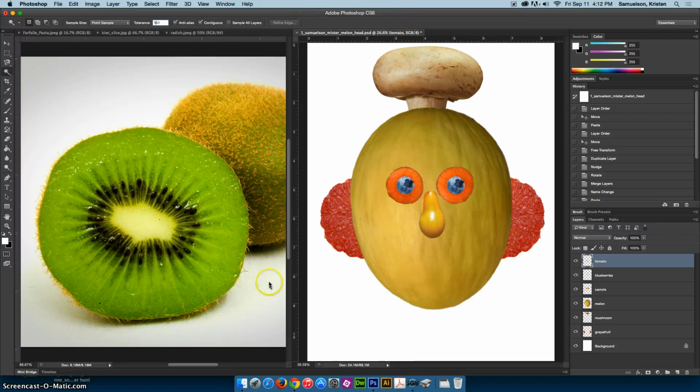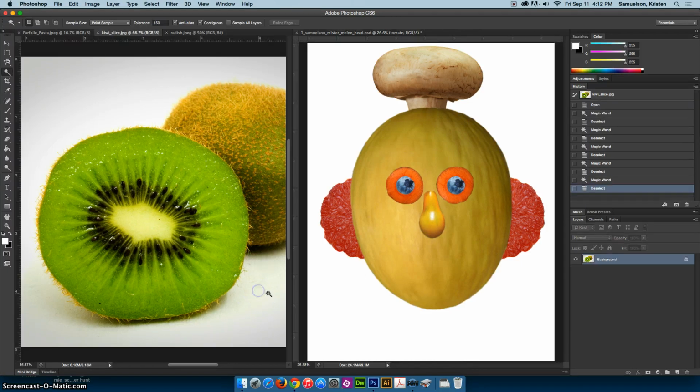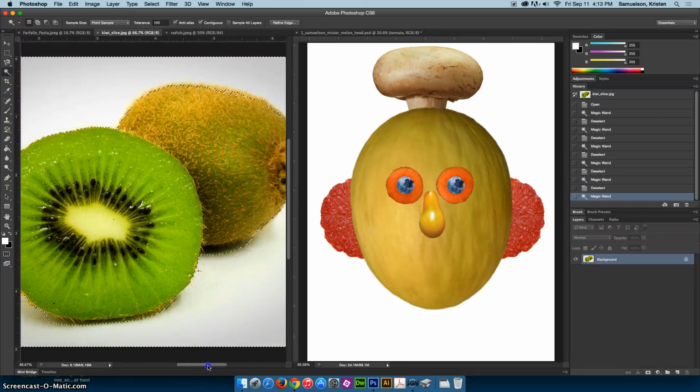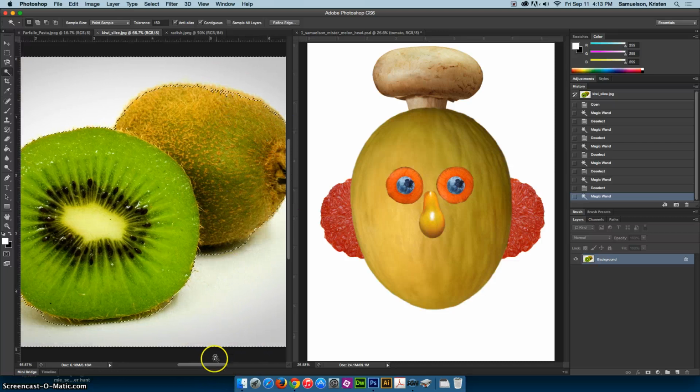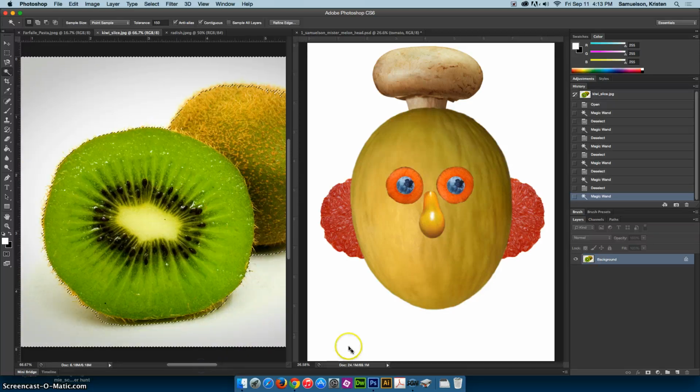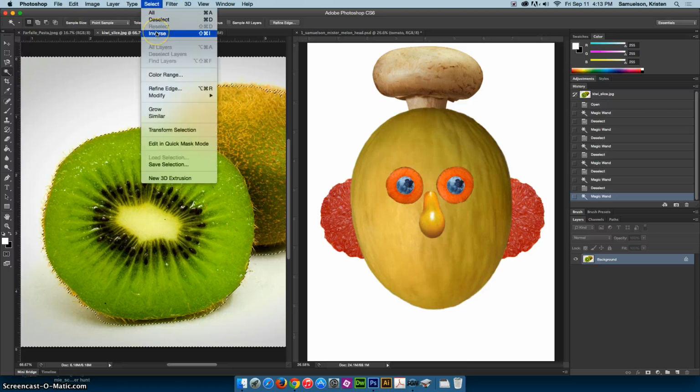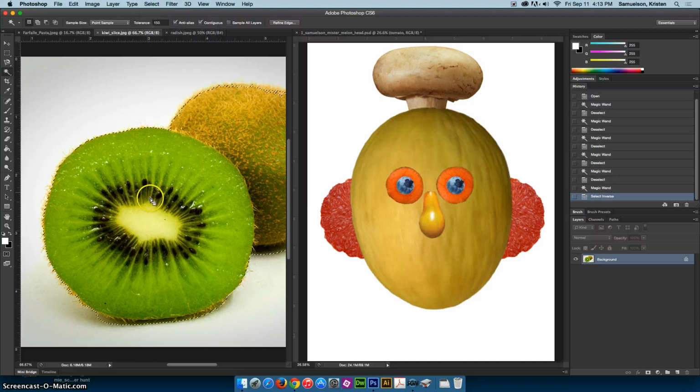What the tolerance does is the higher the tolerance, the more of this color it selects. The lower the tolerance, the less it selects. So I'm going to click down here and notice that it selects pretty much all the white, and it selects a little bit of that, which is fine because it's actually this slice that we need. Okay, so now I am going to use my select menu to select the inverse,